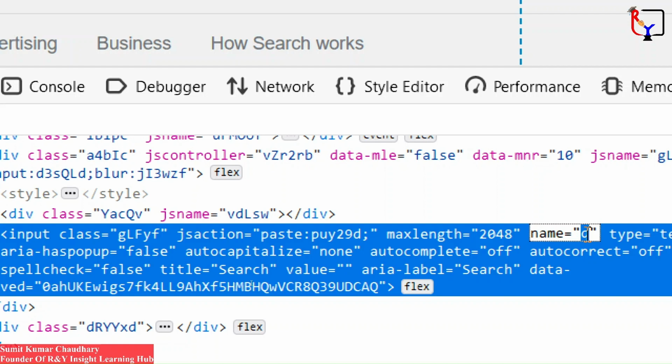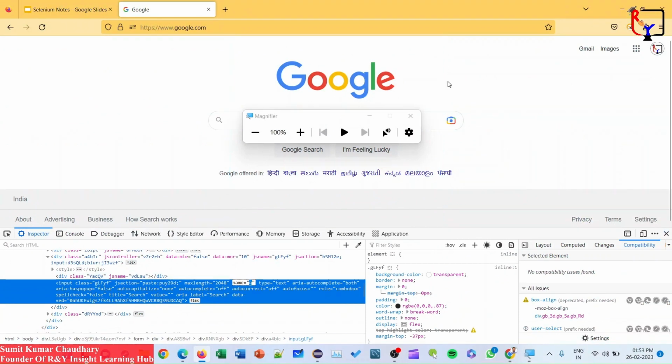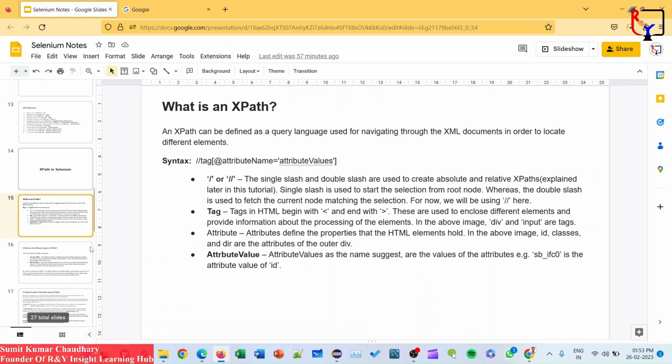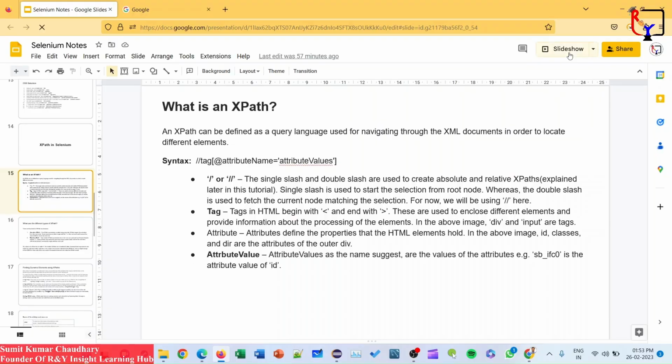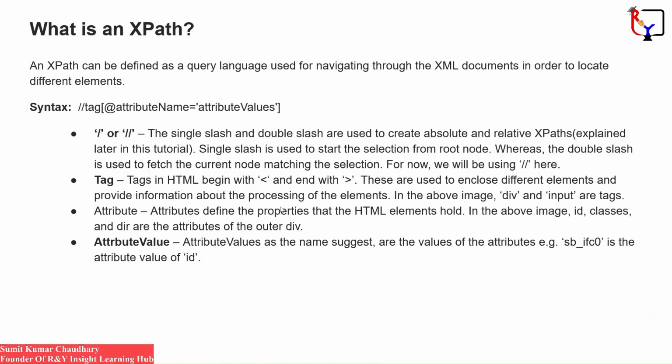I forgot to attach this image in my PPT, sorry for that. Now jump into the PPT. Okay, so attribute values, as the name suggests, are the values of the attributes we have already seen in the